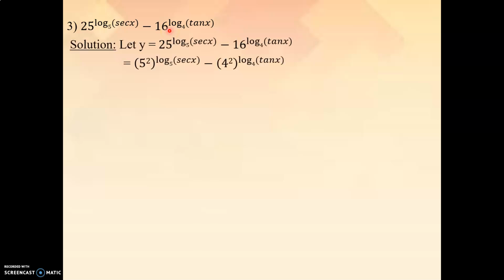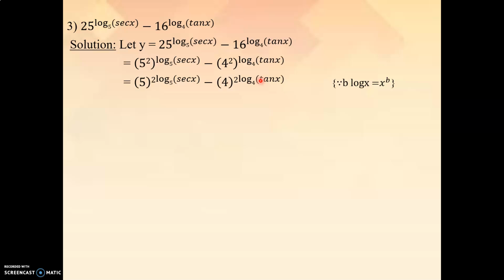So let y be the given function. Now this can be written as 5 square raised to log sec x to the base 5, minus 4 square raised to log tan x to the base 4. Now this 2 you can take out of this bracket. So this will become 5 raised to 2 log sec x to the base 5, minus 4 raised to 2 log tan x